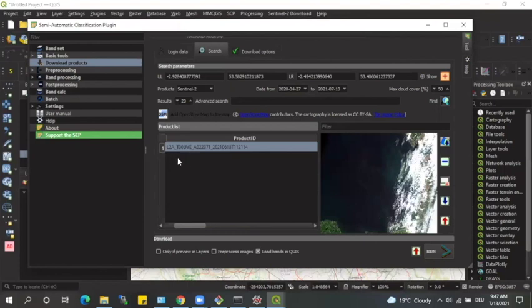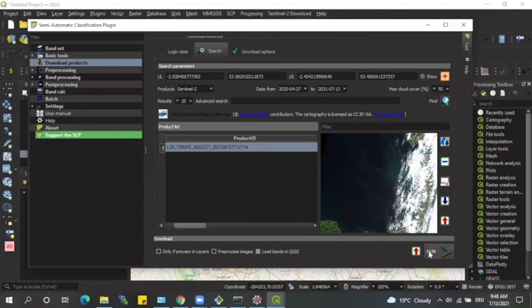Well, I guess it's a mistake, but assuming this is the data set that you want, the next thing is to simply download it, right? So make sure that you uncheck this button right here. I do not want to pre-process the data, because this process will download the data and attempt some level of pre-processing before storing it, which takes a long time. You can always download the data and pre-process it later on. So I uncheck this, but then I want to see the bands in QGIS, so I keep this checked.